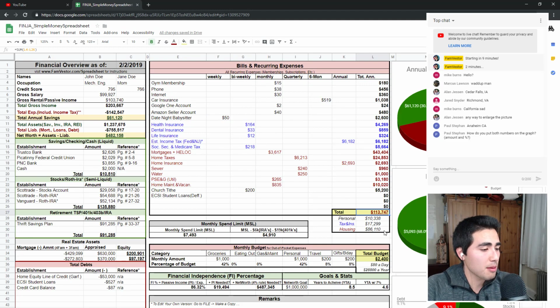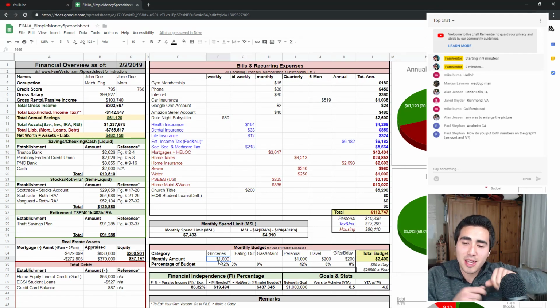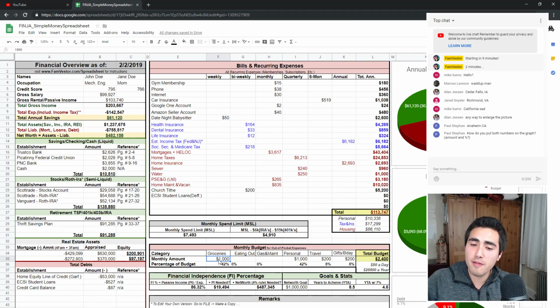And so that's $113K. But then we have a budget. And we budget for any out-of-pocket expenses, things that aren't recurring or charged monthly. And so our budget is a total of $2,400 a month, and $1,000 of that, like half of it, goes to groceries, and half just goes to my wife and me. And really, we just withdraw $2,000 at the beginning from the ATM, and we put $1,000 away for a grocery envelope and $500 away in her envelope, $500 away in my envelope, and that's all we're allowed to spend that month for out-of-pocket things like eating out, gas, and gifts, personal things.